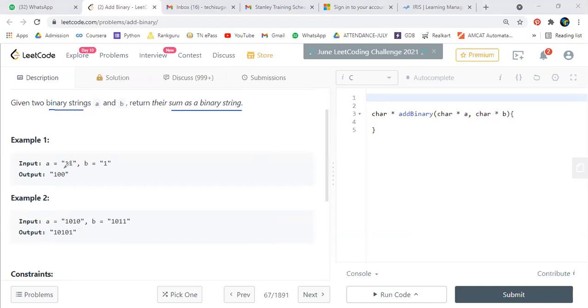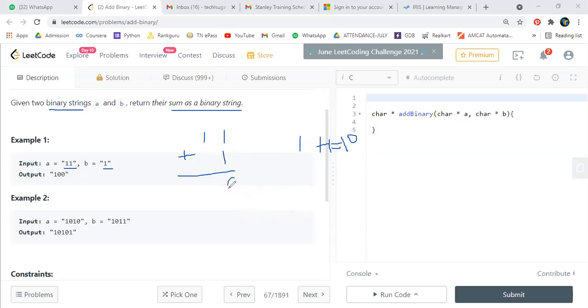Okay, listen here. So 1 1 and 1 is given. So this is all about the binary string input. What we are supposed to do is summation of it. 1 1 gives you the summation of the 1 1 binary value. What is the value we'll be getting? 1 1 when you're adding it will give you 10, right? 1 plus 1 in case of binary value will give you 1 0 as the output.